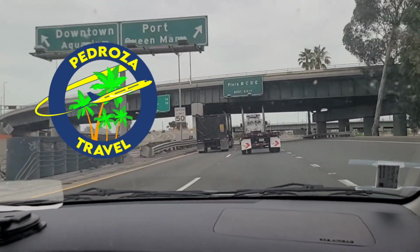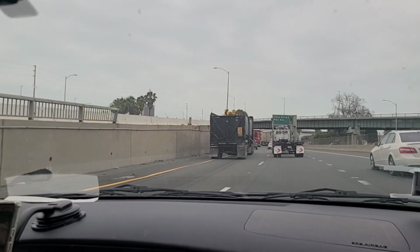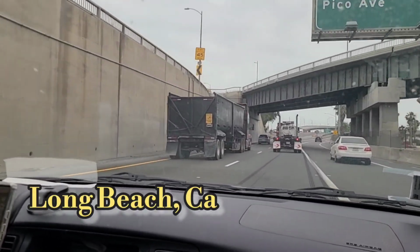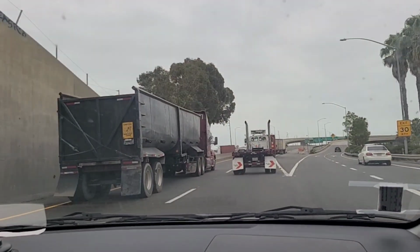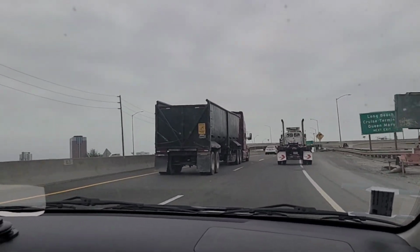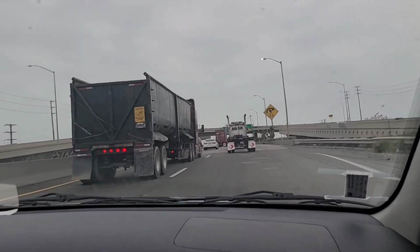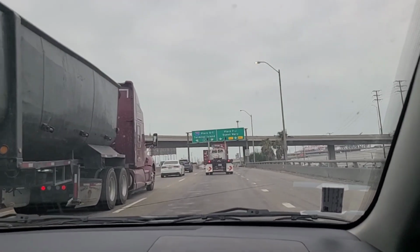It's that time again, folks. We are once again on Harbor Drive, Harbor Scenic Drive. Not just any Harbor Drive, it's the Harbor Scenic Drive. Although right now the scenery is just a dump truck and a tow truck. But we're headed towards the cruise terminals here in Long Beach, California, home of